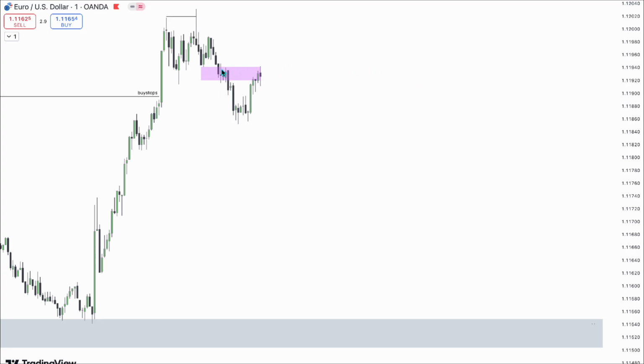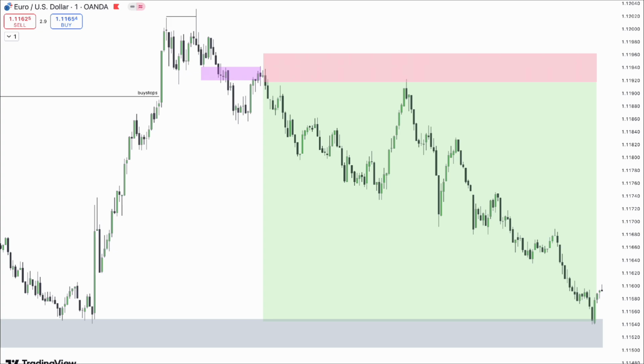On the 1-minute chart, the price is already in our zone, so we enter a short position. Our stop loss is just above the fair value gap, and our target is the lows from our 60-minute internal liquidity. As you can see, the market reaches our final target,